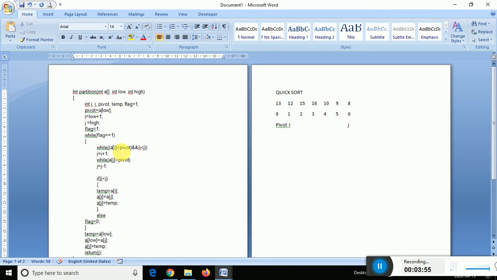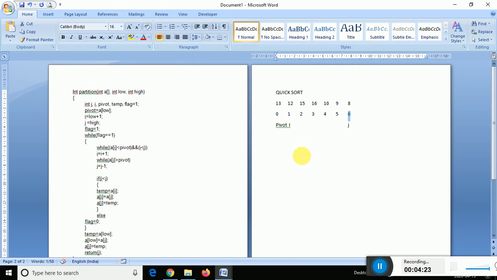A of i is less than pivot, and i is less than j. It will check whether 13 is less than 12. True or false? False. And the i value is 1, the j value is 6.